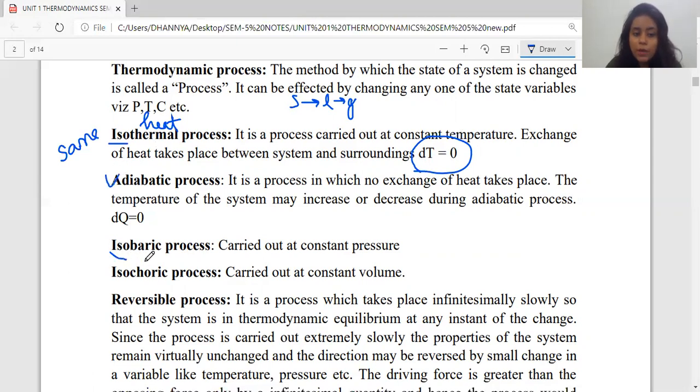We have isobaric processes. Isobaric processes are those kinds of processes which will be carried out at constant pressure conditions. That is, herein the value of dP is equal to either 0 or obviously a constant value if I'm taking the isobaric equations into consideration. Then the third one, the commonly used one, is called the isochoric processes, wherein in isochoric processes always the value of volume is equal to 0. That is, the value of dV is equal to 0.